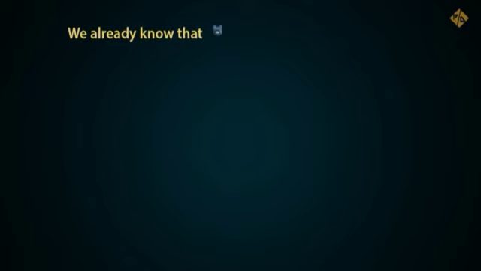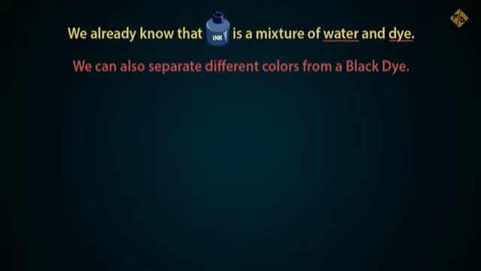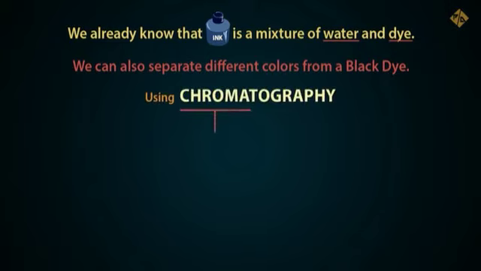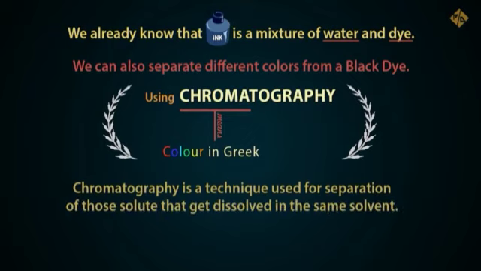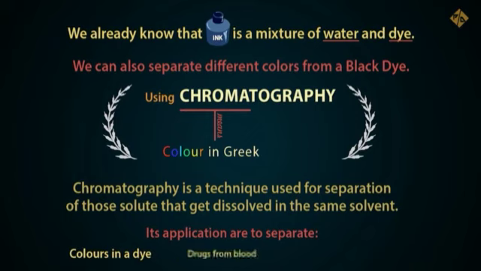We already know that ink is a mixture of water and dye. We can also separate different colors from a black dye using chromatography. Chroma means color in Greek. Chromatography is a technique used for the separation of those solutes that get dissolved in the same solvent. Its applications are to separate colors in a dye, drugs from blood, pigments from colors,